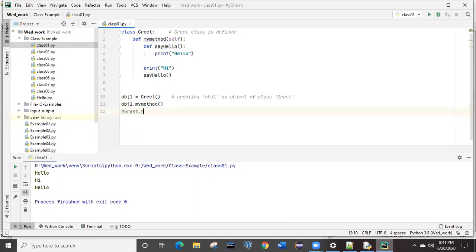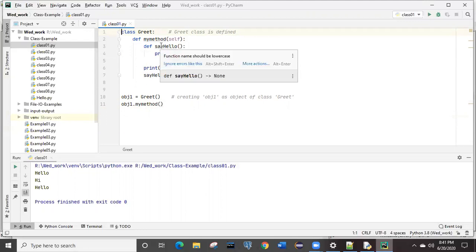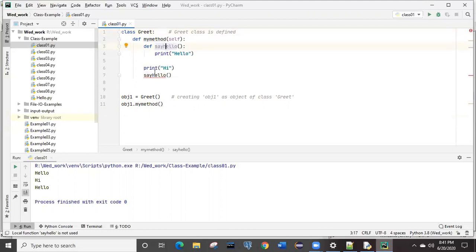We will further discuss when we make a class static and when we make it non-static. That we will see later, don't worry about that part. But as the warning is showing over here, I explored and it says function name should be lowercase. So the function name should always follow the syntax the code is suggesting.